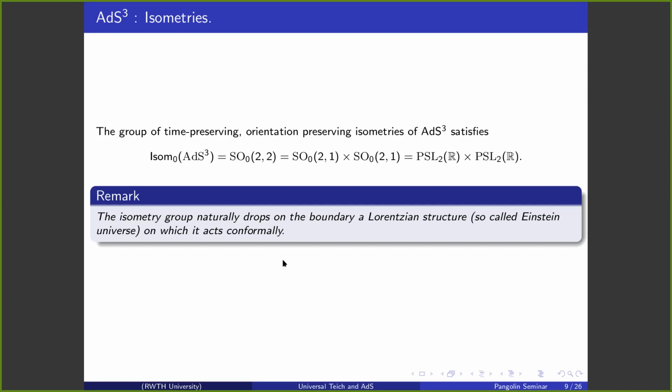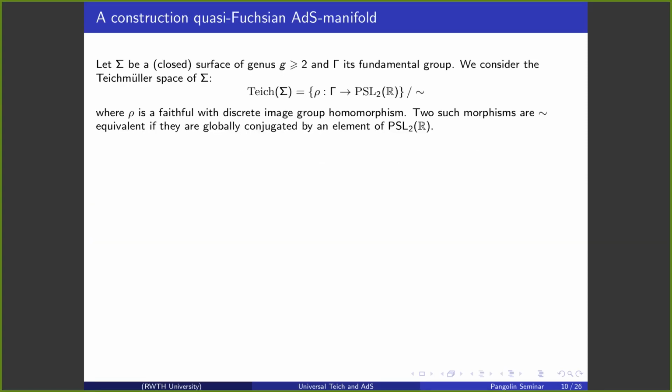And the last remark is that this isometry group kind of forces the boundary to carry an additional structure, which is also Lorentzian, so that the group can act conformally on the boundary. Again, very much like the conformal structure on the boundary sphere of hyperbolic 3-space. Okay, so I can also talk about those 3 types for the boundary, right? Space, time, and light also exist on the boundary. Okay, so that's it about ADS3 space, and